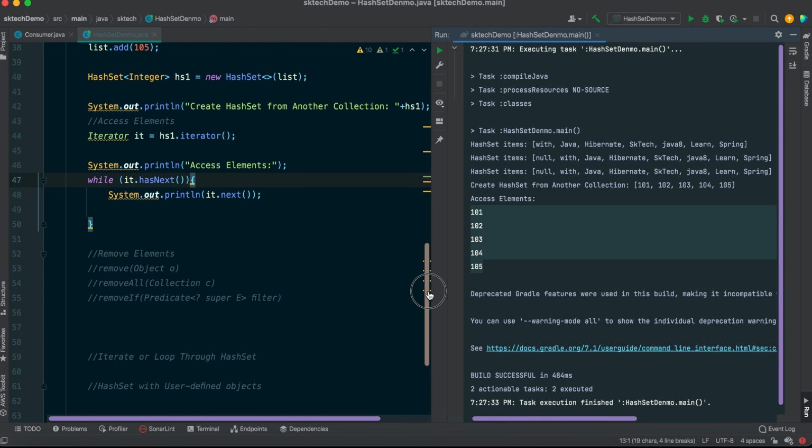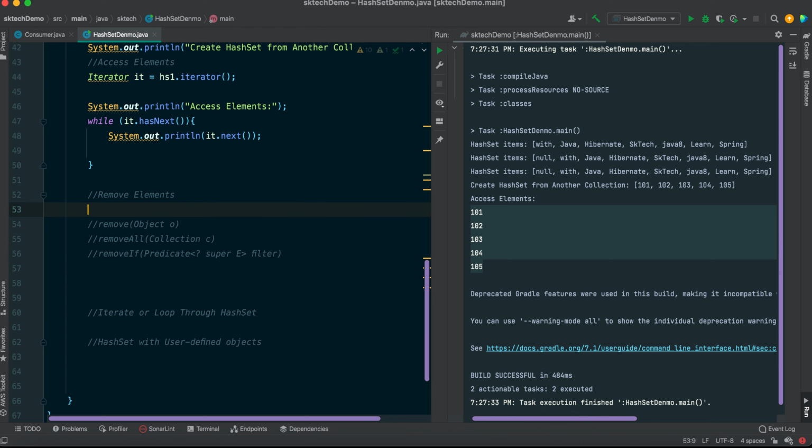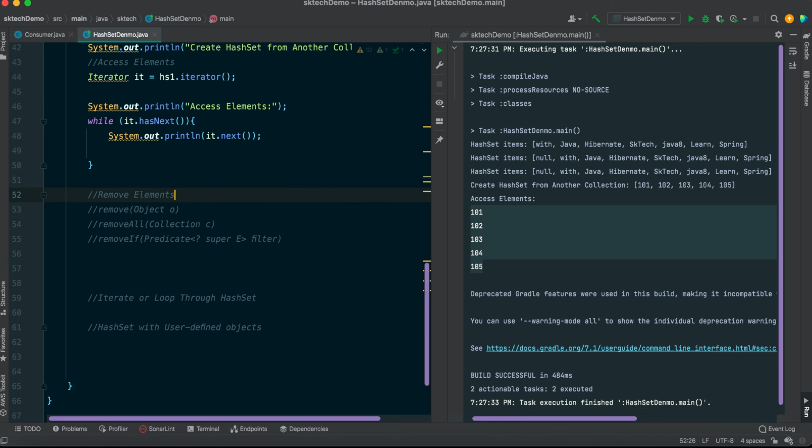Okay, now let's perform another operation, that is removing an element. So how do we perform the remove operation? Basically there are three types of methods available to remove an element. One is removing a particular element, another is removing a specific collection of elements, and the next is removing the element if a particular condition is met.